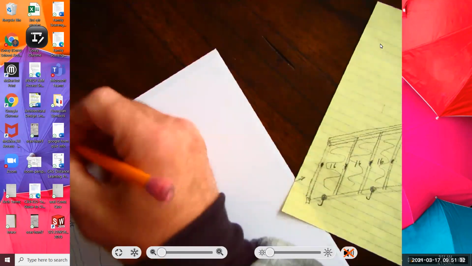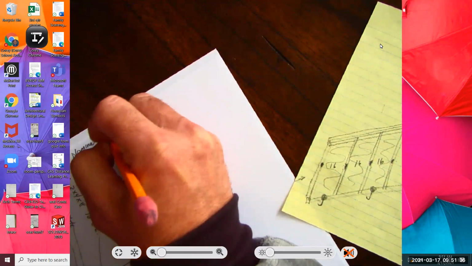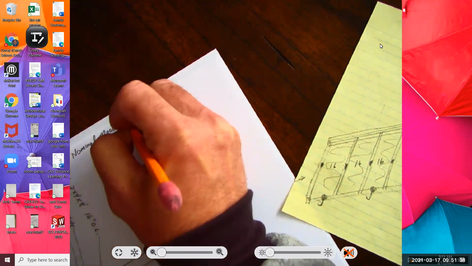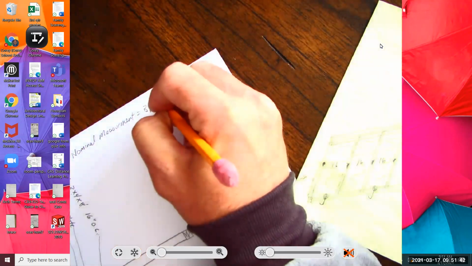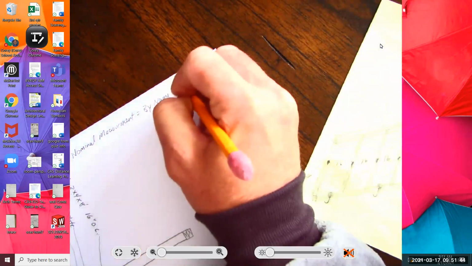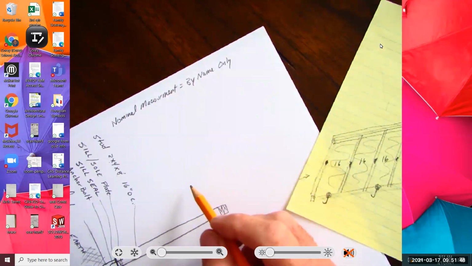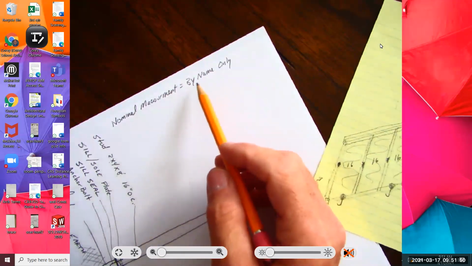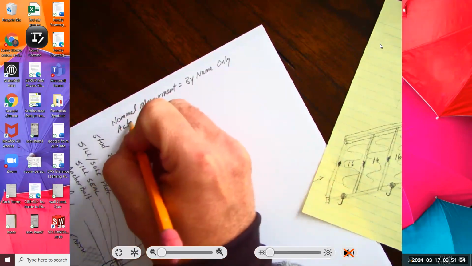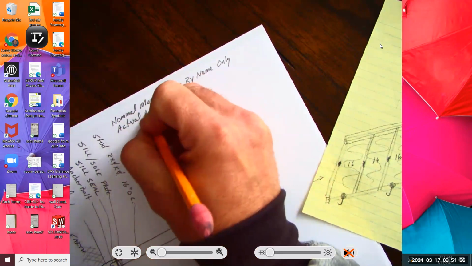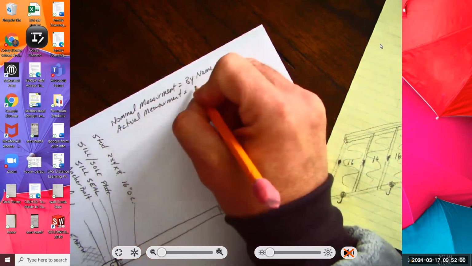A nominal measurement equals by name only. Like a 2x4. 2x4 is the name of that board, but it's not really 2 inches by 4 inches. That's just its name. The actual measurement equals its actual